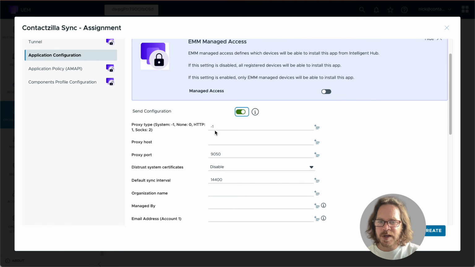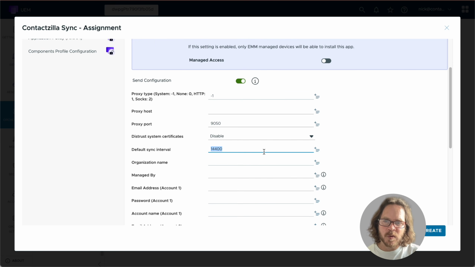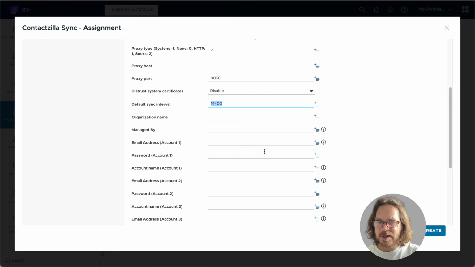Most of these fields at the top here can be left as they are. The first setting that may be of interest is the default sync interval, and this controls how often the Android device will check in for contact updates in minutes. So the default setting of 14,400 is minutes, so that's every 10 days, which I'm happy with, but you can adjust that here. So we have a few fields to fill in here, and I'm going to open the